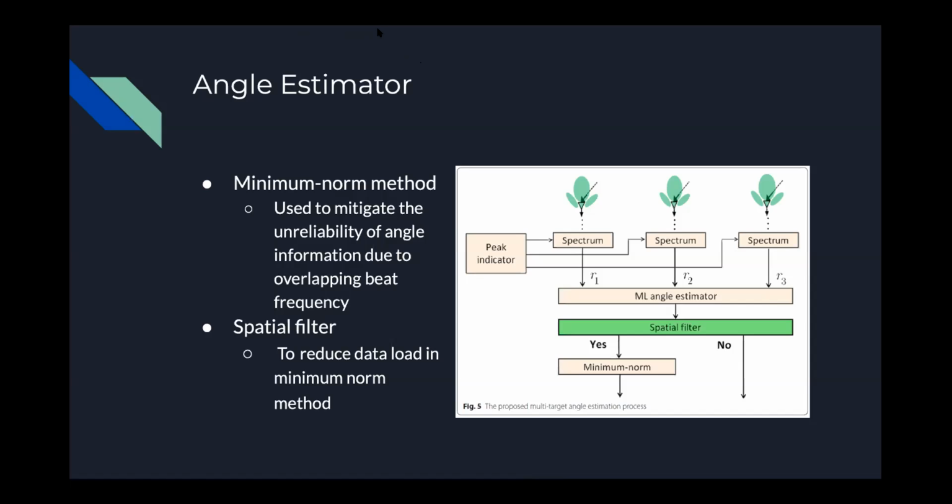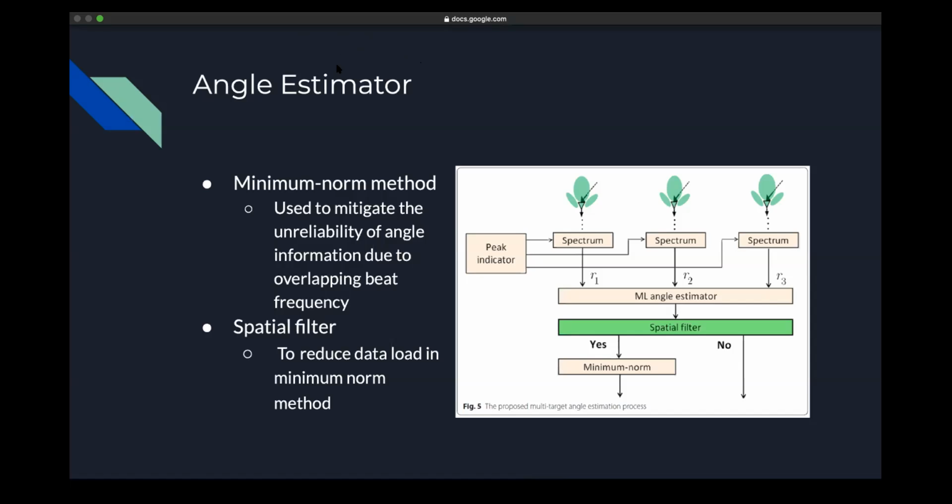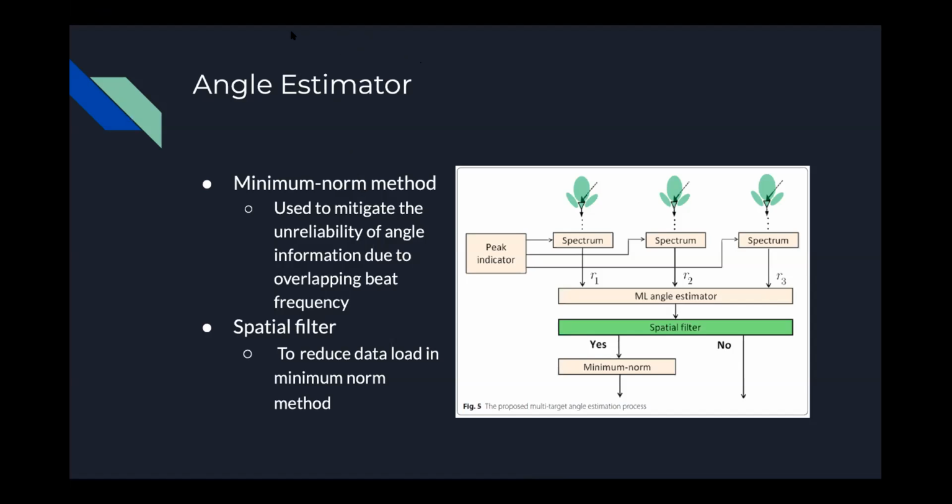Okay, so first we have to see how we are going to find the range, because the MUSIC algorithm is going to give you the angle information, the angle of arrival. Range information, for example, if you are using the time domain, that will give a range, or if you are using FFT, that is going to give you a range as well as velocity. Okay, so which one we have to fix?